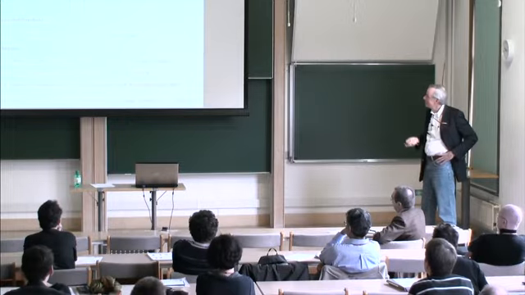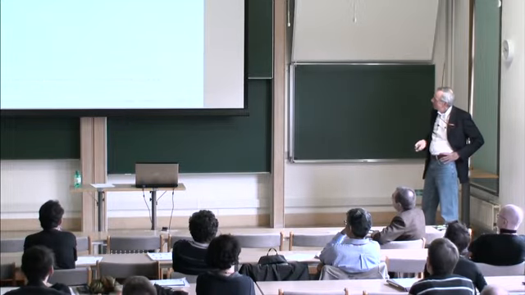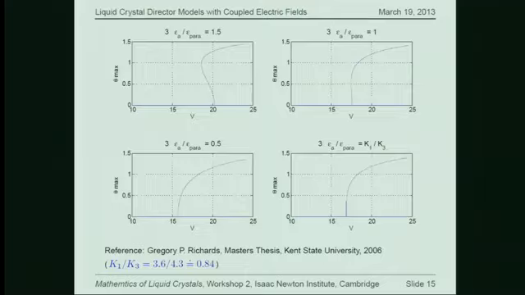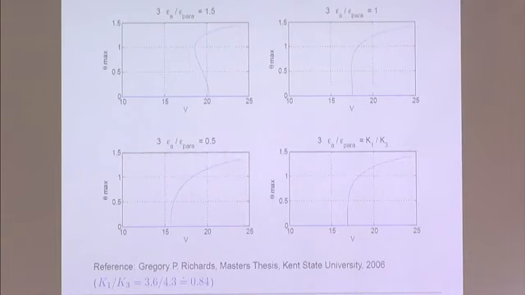I've never met them, and I don't even know if they're still alive. At any rate, here is an illustration of the switching from a second order to a first order transition from some numerical modeling that was done by a former student of mine as a master's thesis project. This was a long time ago, but I think this was a situation in which the parameters were from some experimental paper. The K1 over K3 was about 0.84,